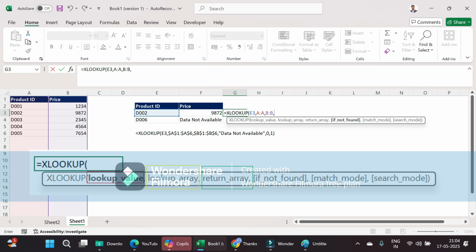Now, if data is not available, then what do you want to write here? You don't need to write IFERROR. If you are using VLOOKUP or HLOOKUP, then you will get #N/A as the error value if data is not available. And after using VLOOKUP or HLOOKUP, you have to handle that error by using the IFNA or IFERROR formula. But XLOOKUP doesn't require IFERROR or IFNA. So, data is not